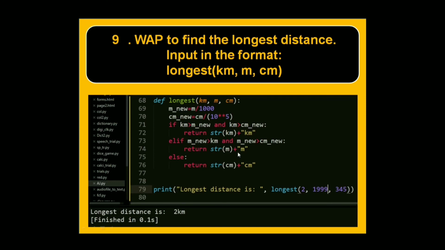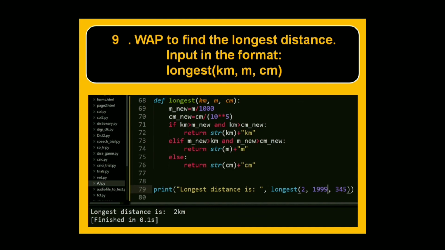Now, here you go. This is basically the program for you. I have taken print longest distances and I have passed the function through the print function itself. Basically what I do is I convert the meters and centimeters into kilometers, and I apply the logic of finding the greatest of 3 numbers. Now, if you take a while and observe this, I have left a loophole for you here. What if 2 values are the same? What do you think you should do then? Now that's your task. I have given you 90% of the code. 10% is your job, and I'm sure you'll be able to do it. All right, let's move ahead.